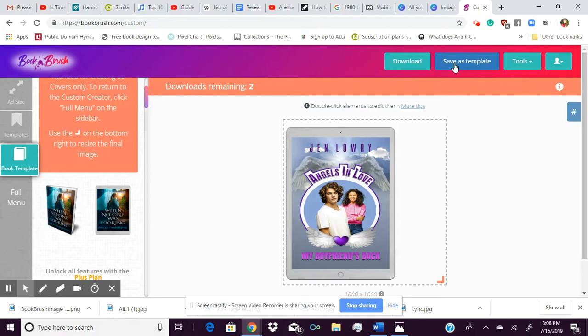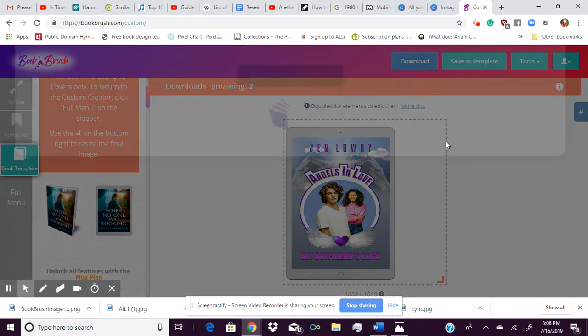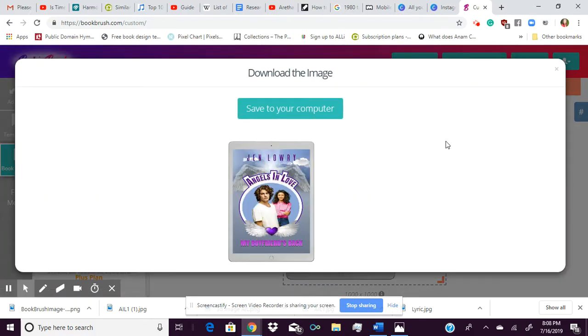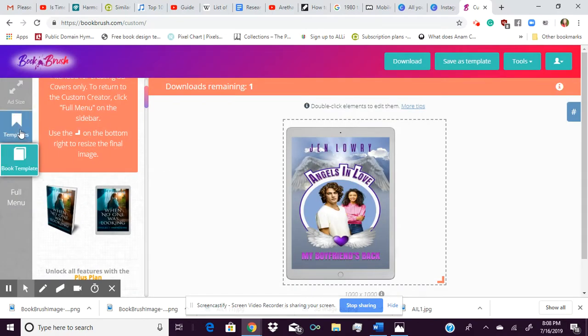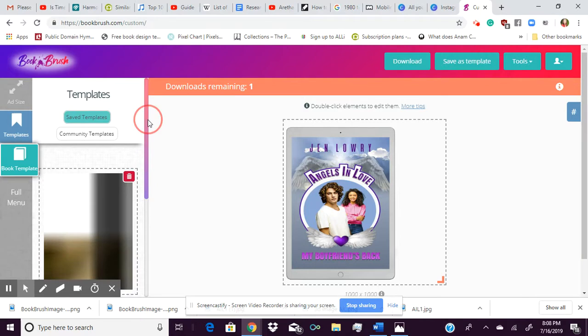And I want to save this one too, because that way when I make my movie trailer, I'll be able to use both of these images. So I'm going to save this one. And then if you do want to now play around with the templates,